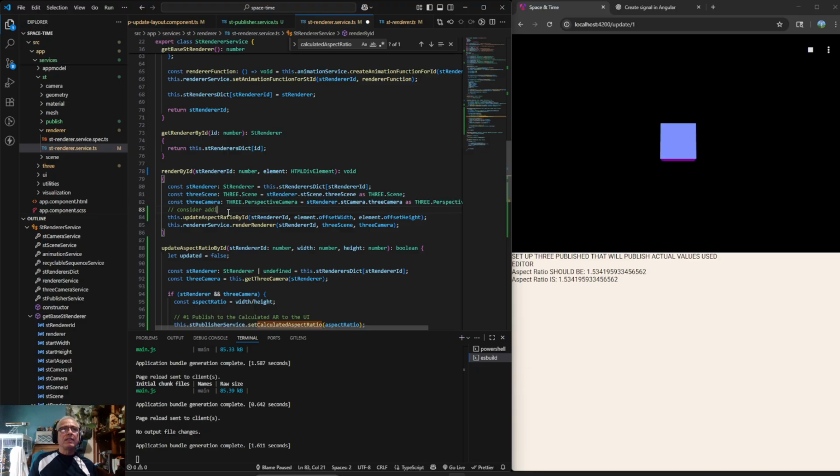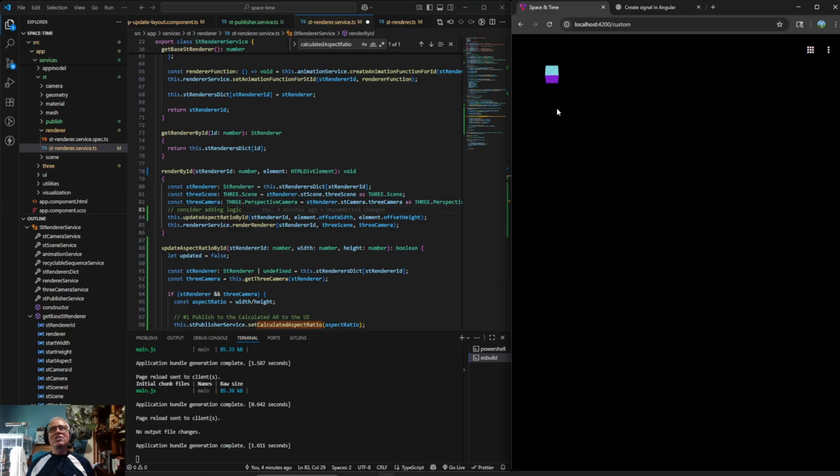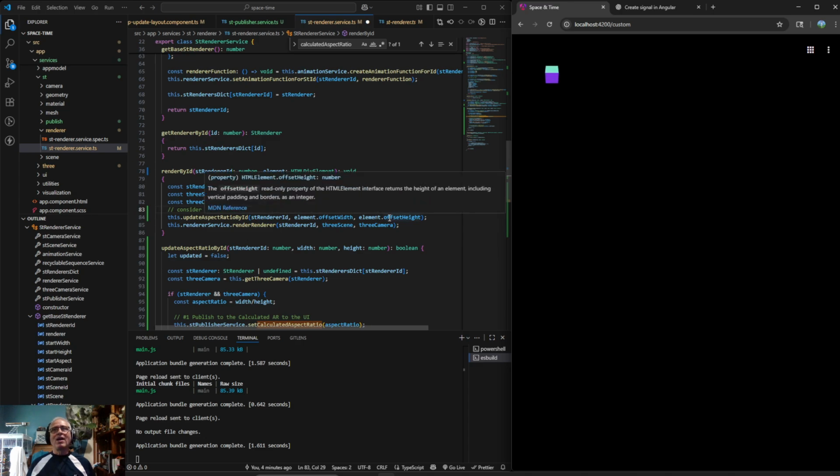Consider adding logic. See, because this render by ID needs to be smart enough, probably, to determine are we rendering based on the width and height of... See this? Okay, let me just take one more step back. This is still rendering right because the width and height are the same, so it's still 1. So this logic here is still correct, but there is a strong possibility that at some point